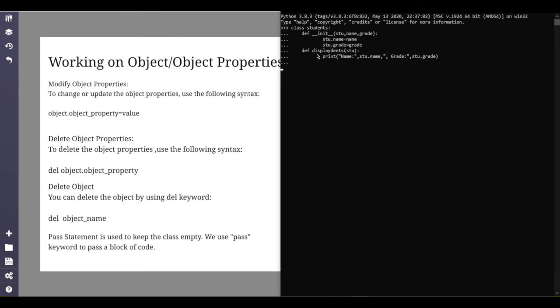These are the two functions that we've created. Similarly, for student 2, the details will be shown like this. Now let's start applying various operations on it. So the first one is